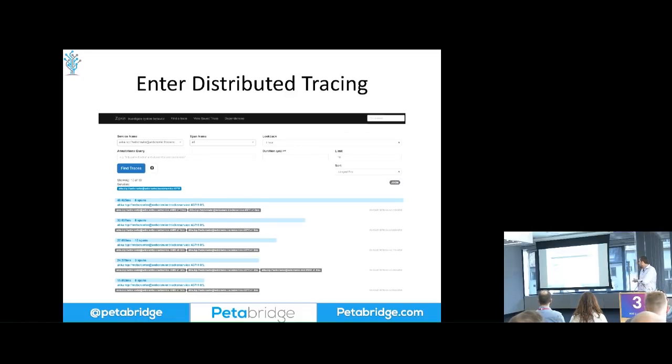Now, what I'm showing you right now is the user interface for Zipkin, an open source distributed tracing tool that was originally developed by Twitter in-house. So what you can see here, the font's probably a little small for the folks in back, so I apologize. What you can see here is I have a request that took about 48 milliseconds, and it has 8 spans. I'm going to define what this term means in a little bit more detail in a moment,